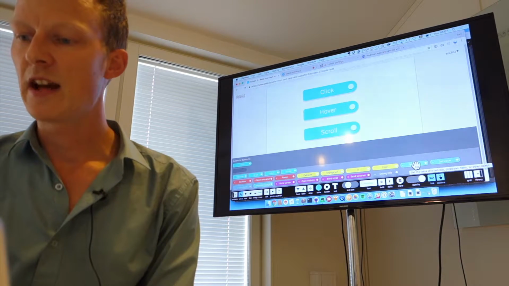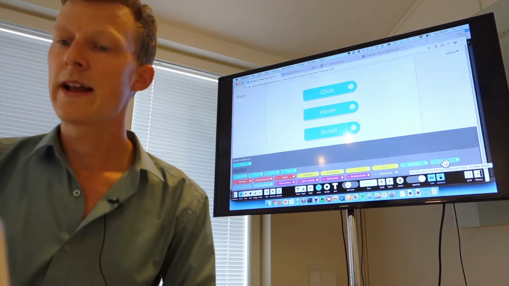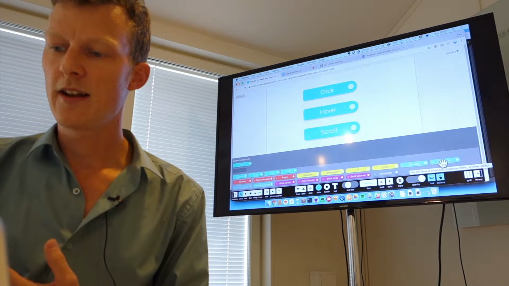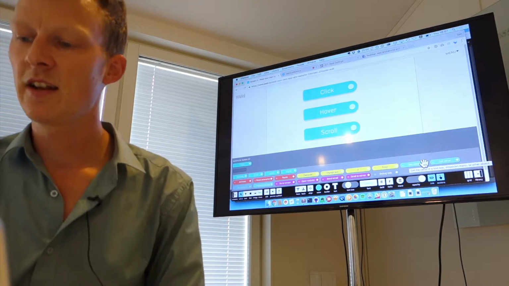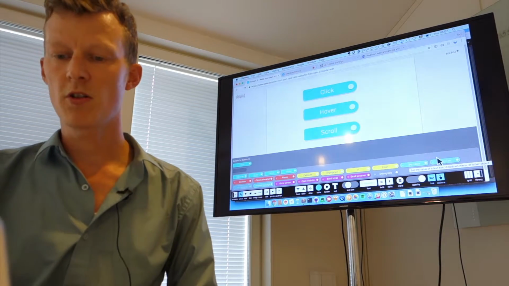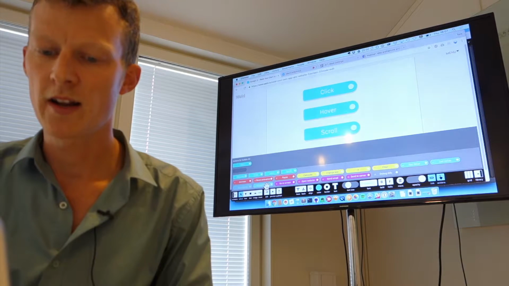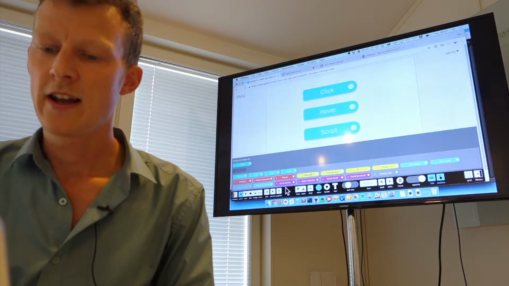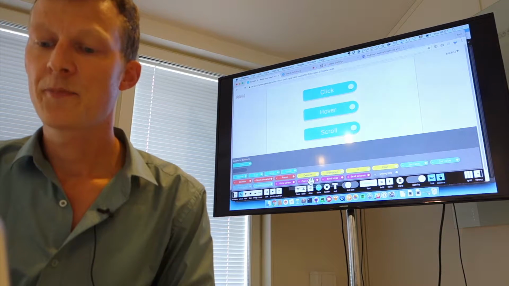And then I have the get value and set value blocks for fetching values from, for example, a text field and setting values in the text field with the set value block. I also have blocks for showing a simple pop-up message, going to another screen or page, and